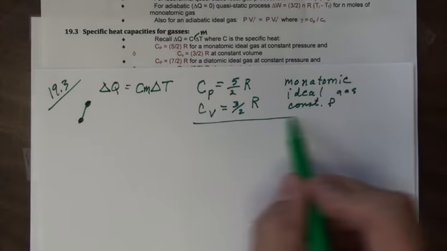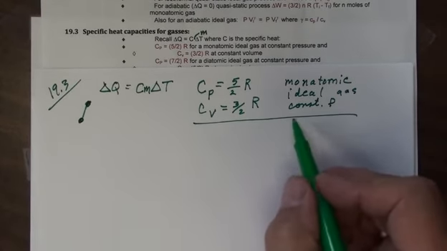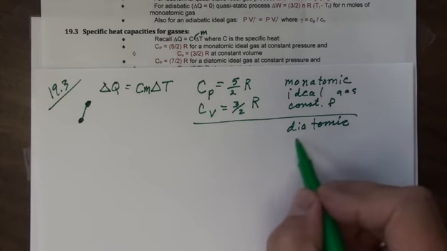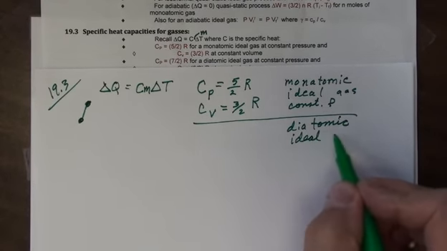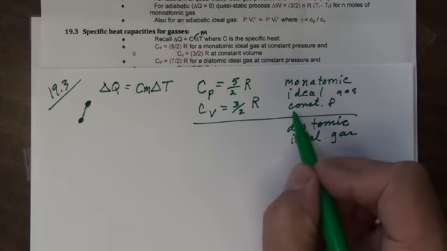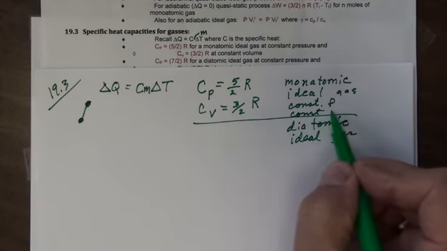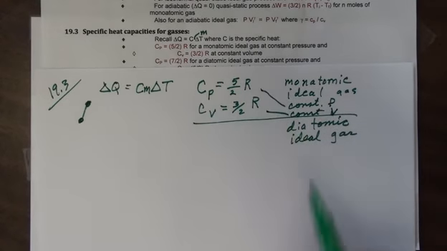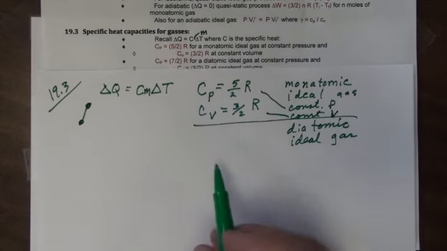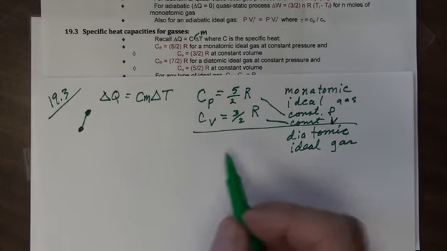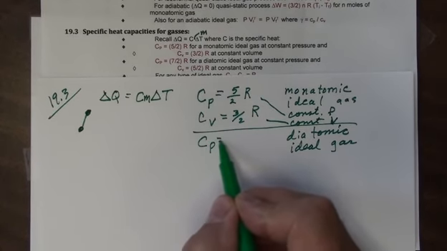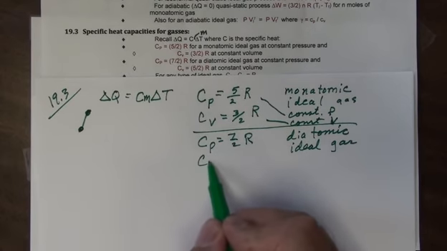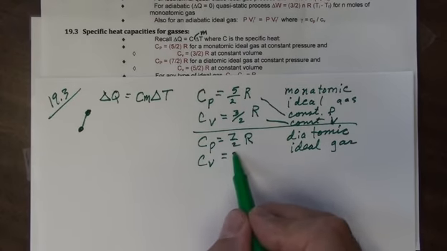And therefore, for the specific heat of a diatomic ideal gas, this constant pressure is here and constant volume is here. We again have two equations, one where Cp is 7/2 R, and the other is Cv, constant volume, which is